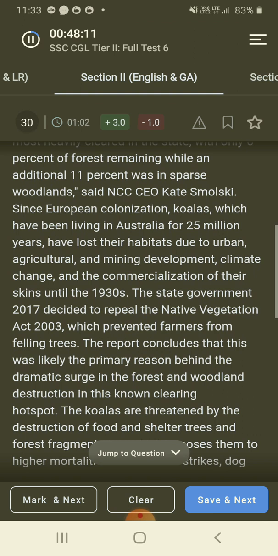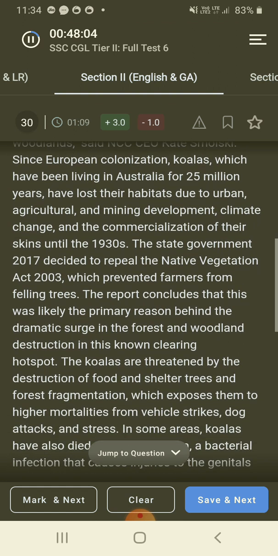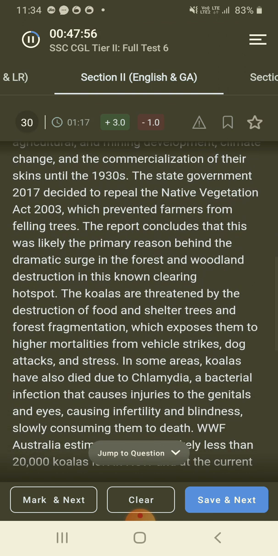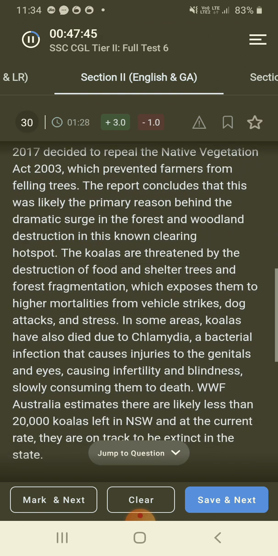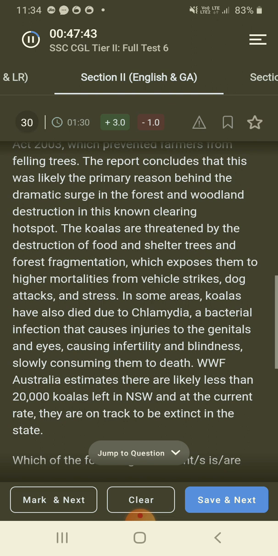Since European colonization, koalas, which have been living in Australia for 25 million years, have lost their habitat due to urban, agriculture and mining development, climate change, and commercialization of their skins until 1930. In 2017 the state government decided to repeal the Native Vegetation Act 2003, which prevented farmers from felling trees. The report concludes that this was likely the primary reason behind the dramatic surge in the forest and woodland destruction